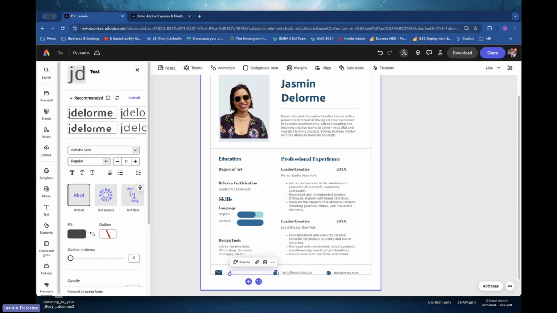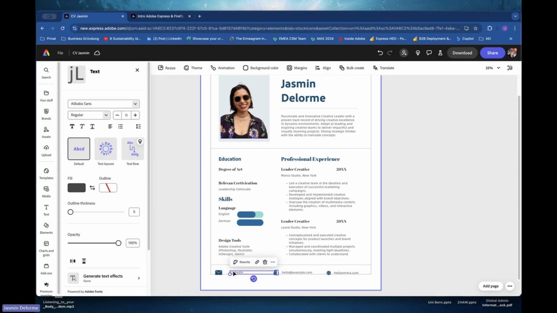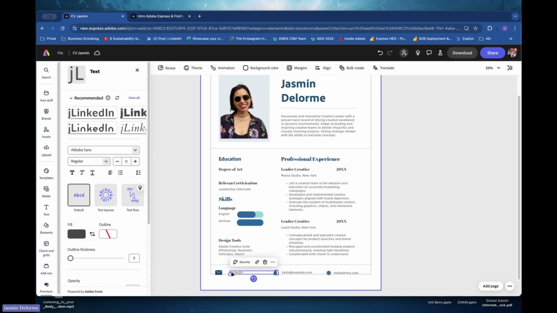But what you can also do, if you have a LinkedIn account, by the way, you can copy it in LinkedIn and then you just add it as a link. That would be, for example, if you say LinkedIn, very easy. The moment you click on the field, right? You see rewrite or link options. You click on link options